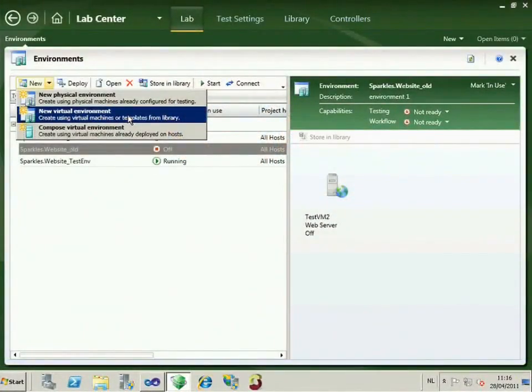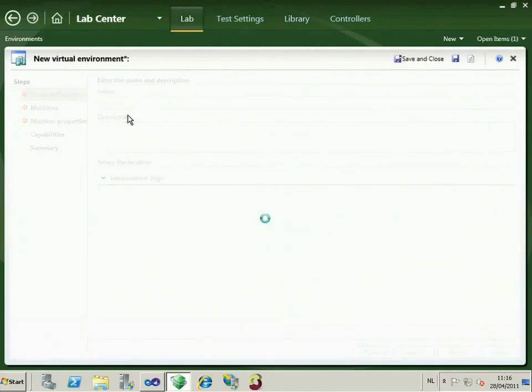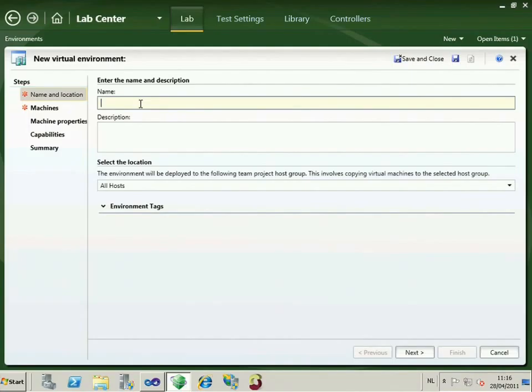There you will make use of virtual machines or templates from the library. And another option is to compose a virtual environment. By composing, you will use virtual machines that are already deployed on the host machine. Now I will use the second option here to create a new virtual environment. So I need to give the name,